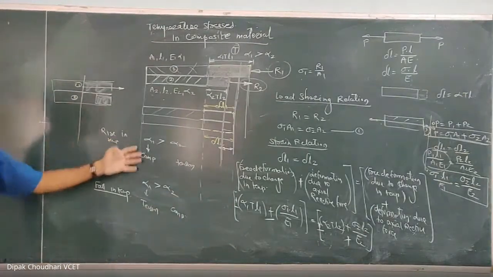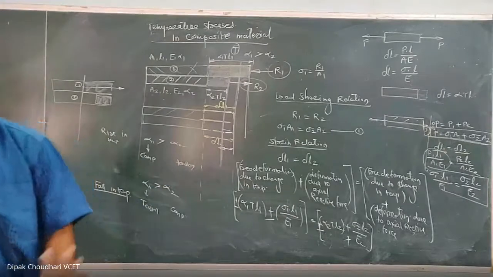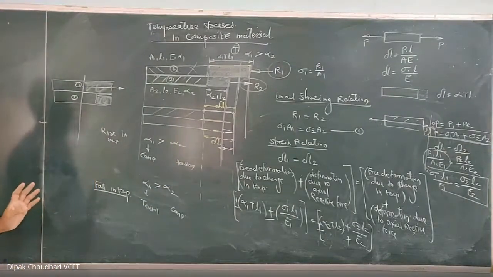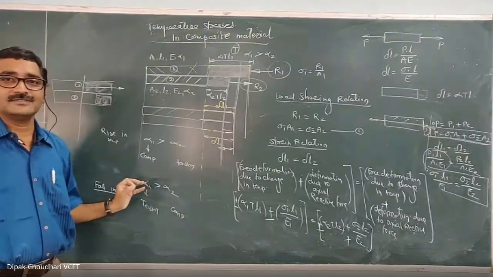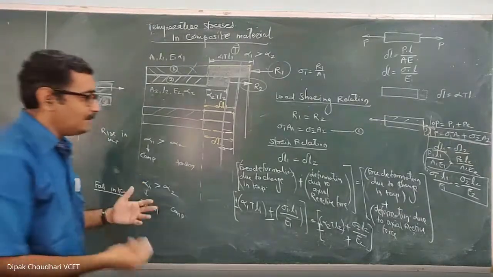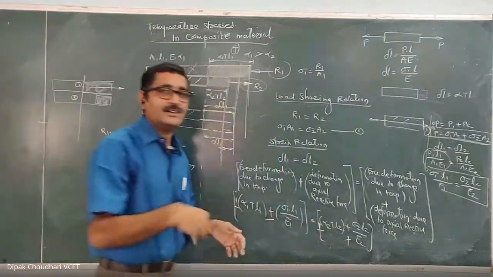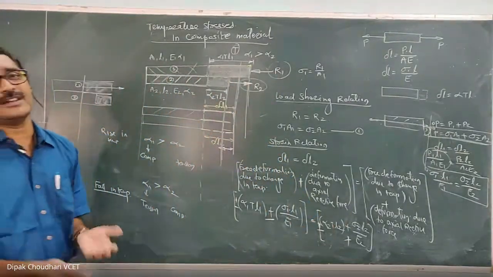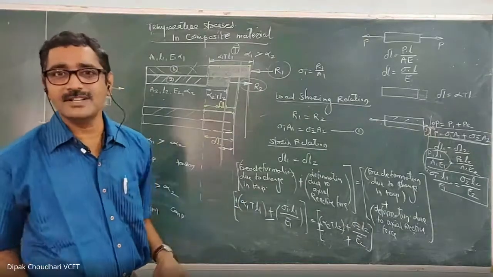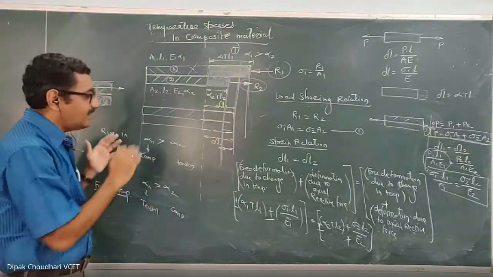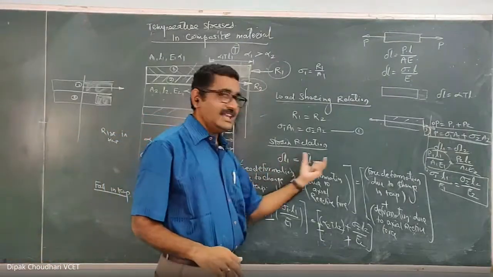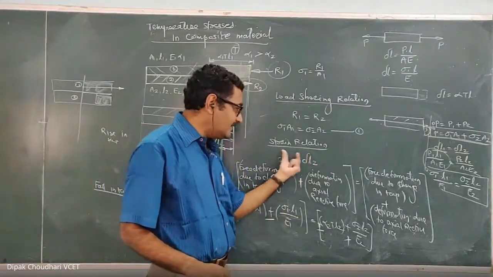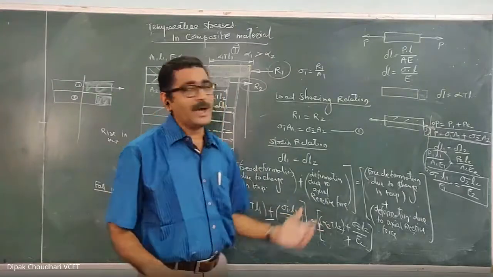Only this is a little bit confusing, otherwise it's not that difficult. I suggest you imagine this and understand the concept. Don't directly mug up that here it is plus and here it is minus, that a falling temperature means plus and a rising temperature means minus. Understand the concept and then apply it. Here I would like to tell you that delta L1 equals delta L2, and in this delta L1 and delta L2 there are two parameters.